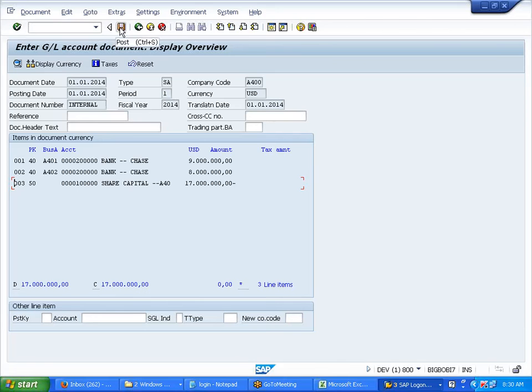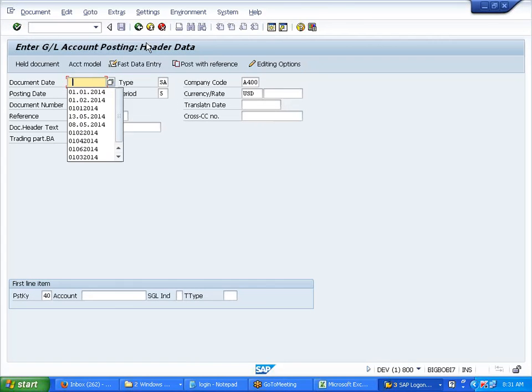Okay, I'll save this. See, post it. Do they have to be the same document date, right? This document date and posting date, you're saying? Yeah, if the document date was different, then it would not accept it, right? What are you saying? It can accept if it's for the same period. That's what I was trying to explain earlier also. This is just like a statistical field, Aditi. It doesn't make any difference.